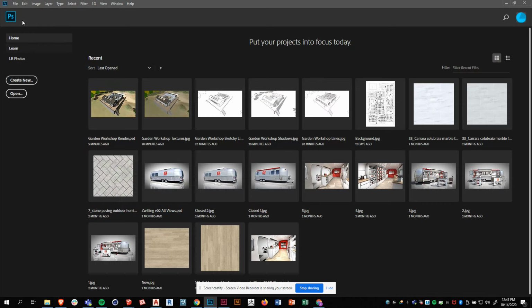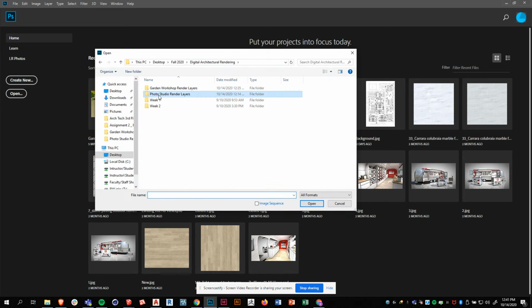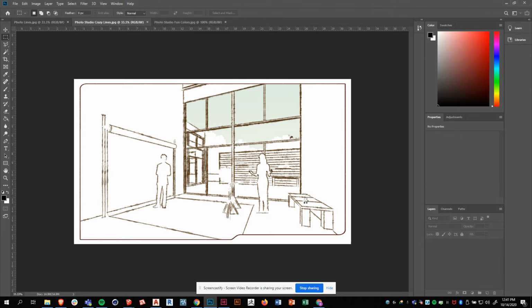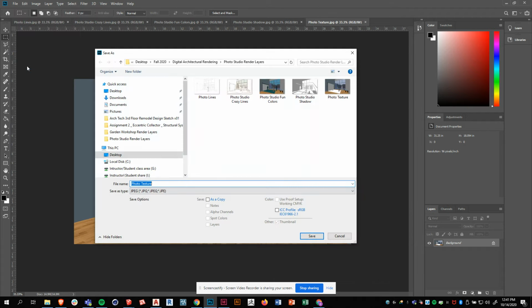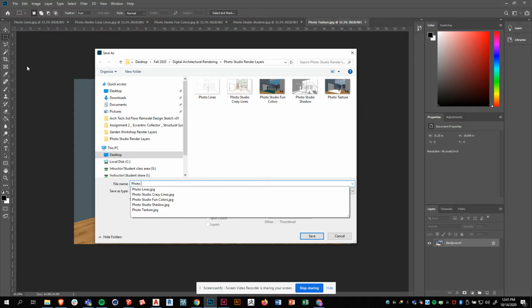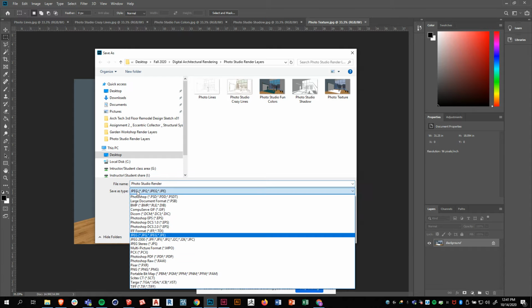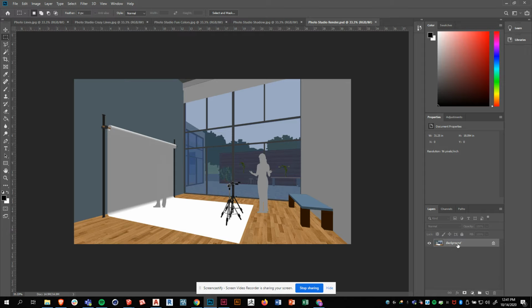So I'm gonna close this. Okay, I'm gonna go ahead and open the photo studio. All those layers. Okay, we're on the photo texture layer here, so I'll do File, Save As, Photo Studio, save it as a Photoshop, rename this,